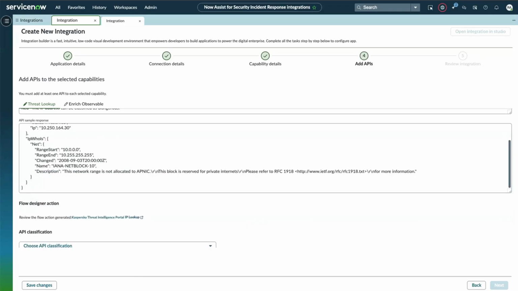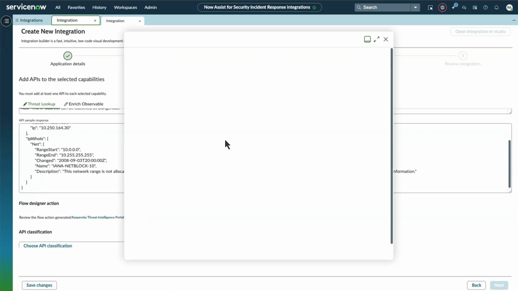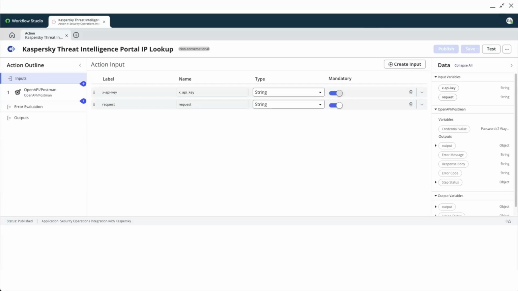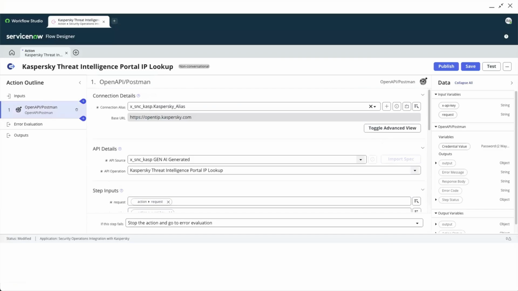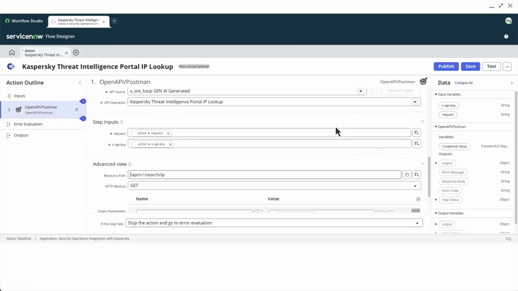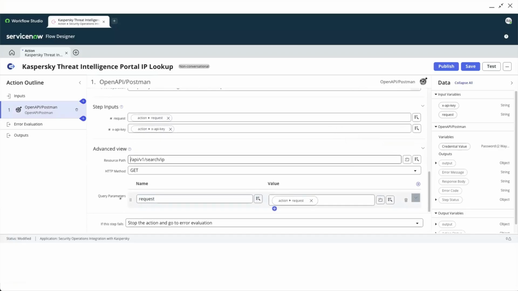It sends a request to Now Assist for SIR Generator and generates a production-ready flow action in a very short time. Generated details appear for review and modification. All content was created from both the API documentation and the provided response structure. Validate the details against Kaspersky's API documentation. Then save the flow